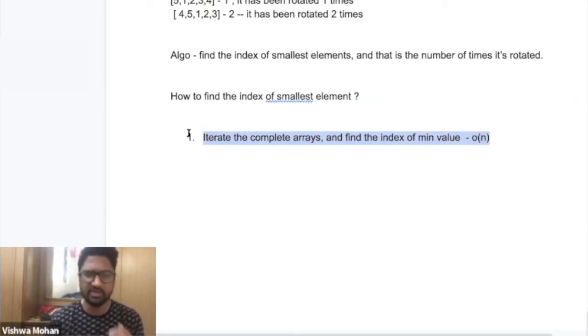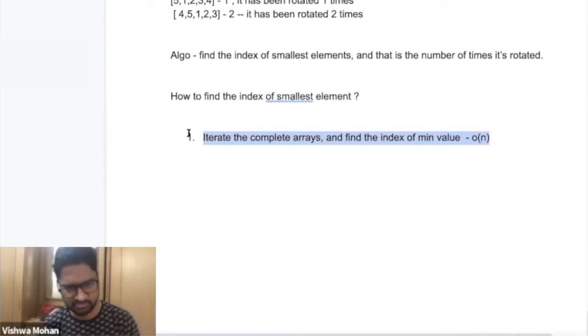You have an additional piece of information, and that information is that this array was initially sorted, and then it was rotated. So anywhere in a question, whenever you hear the term sorted, one thing that should spark in your mind at the very first go is that somehow binary search should come into play. As soon as there is a sorted keyword mentioned in a question, you should at least think once about going in the direction of binary search.